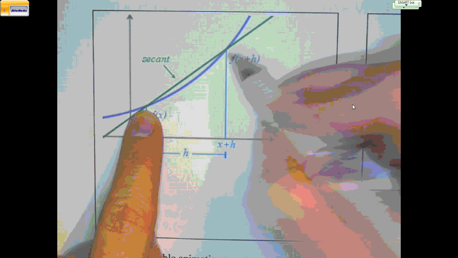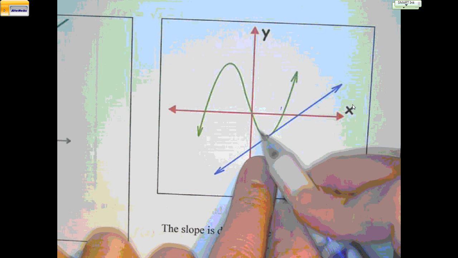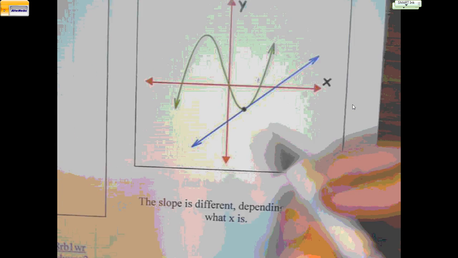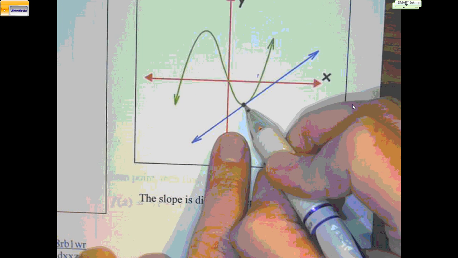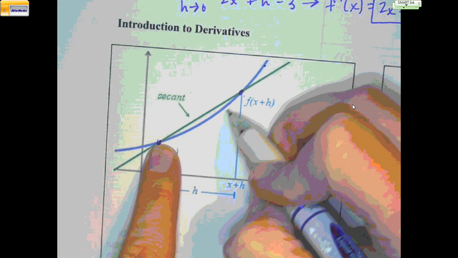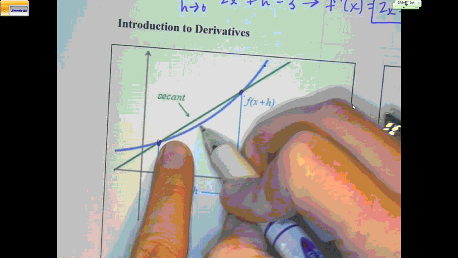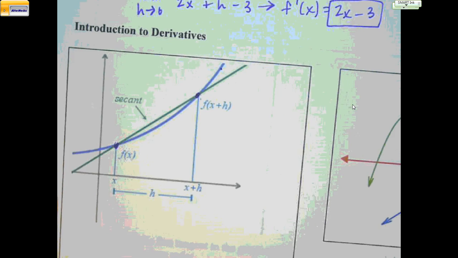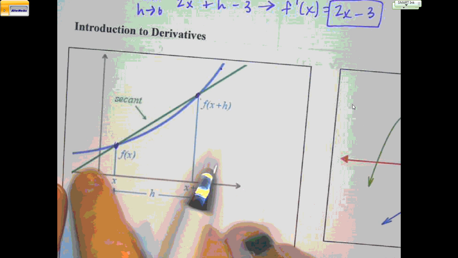We've got kind of a picture going on here. This is our secant, and let's say that this blue curve right here, mine's blue, yours is probably just black and white. Let's say it's this guy right here. It's that green one that's being curved. We've just zoomed in on it. And when we zoom in, over here it looks like that line is tangent to that curve, right? What's really happening is that you've got a couple of points. And it doesn't matter how close you keep pulling those points together, you're still going to have a gap and it's still not going to be exact. We're going to get it as close as we can. If I'm trying to find the equation of this line right here, or the slope of that green line right there,